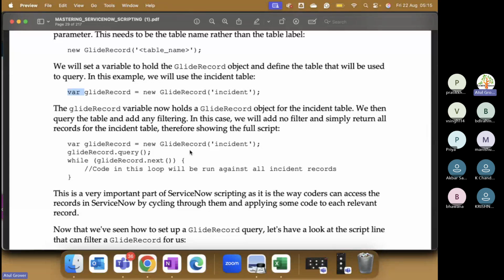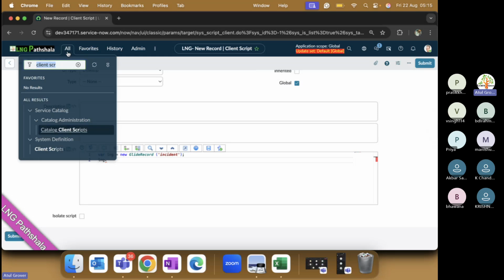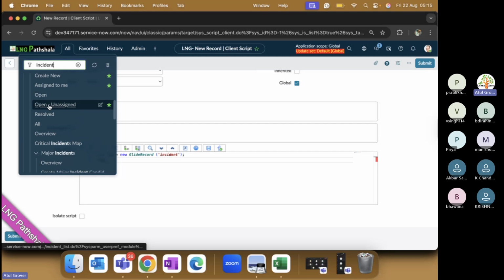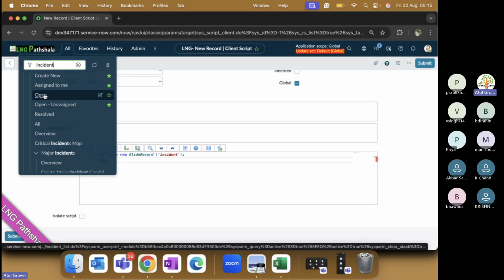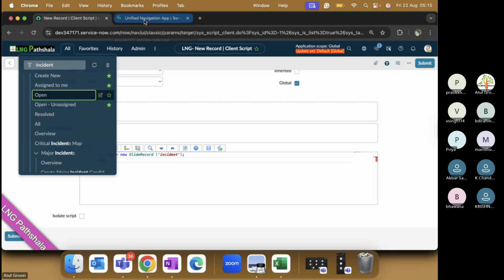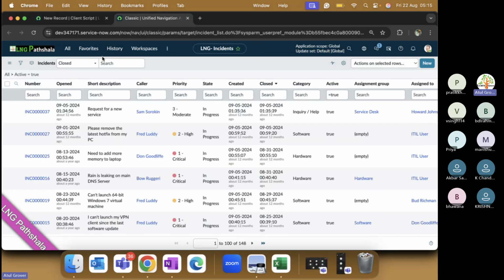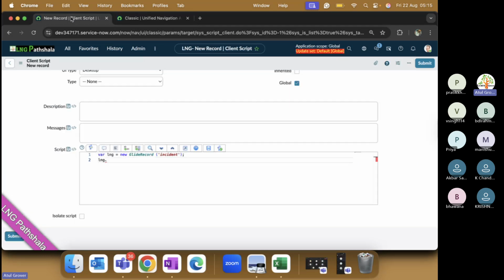Second, if you want to query something from the class: if I go and click incident and click open, what happened? This open has a background, which means go to the incident table, open a list view and get a query. So the next important part, which you have to remember, is